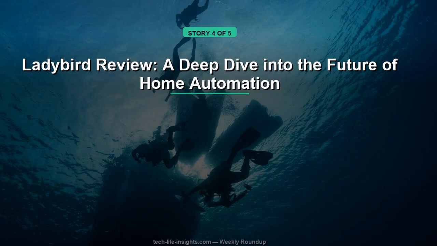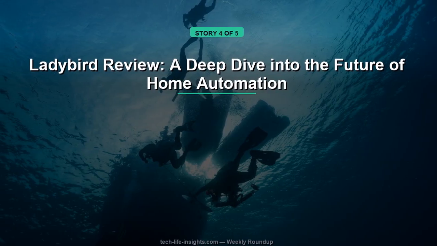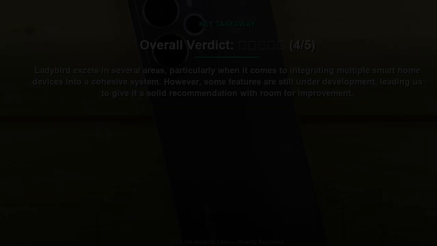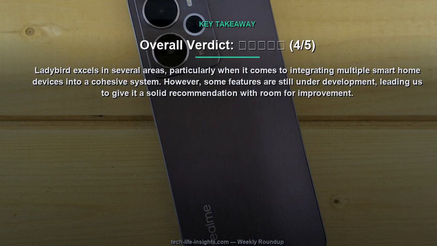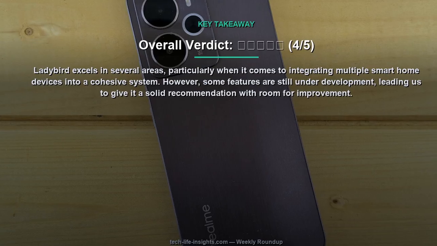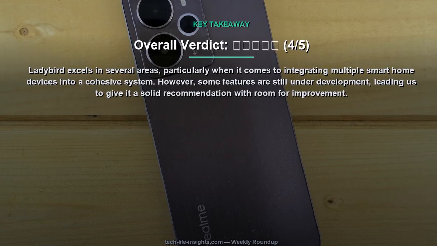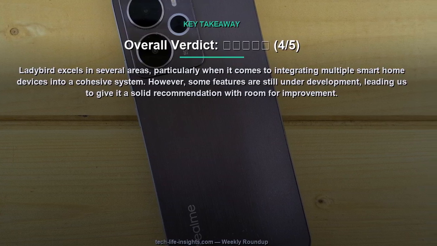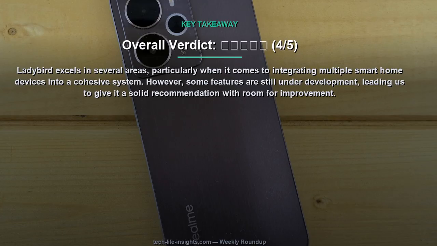Next up, story number 4, Ladybird Review. A deep dive into the future of home automation. Overall verdict, 4/5. Ladybird excels in several areas, particularly when it comes to integrating multiple smart home devices into a cohesive system. However, some features are still under development, leading us to give it a solid recommendation with room for